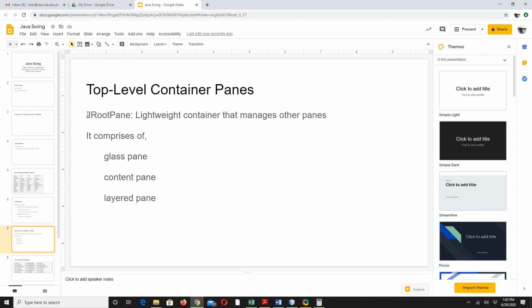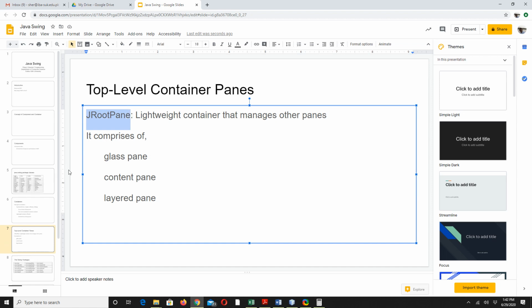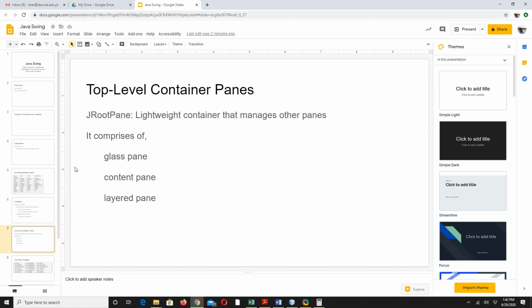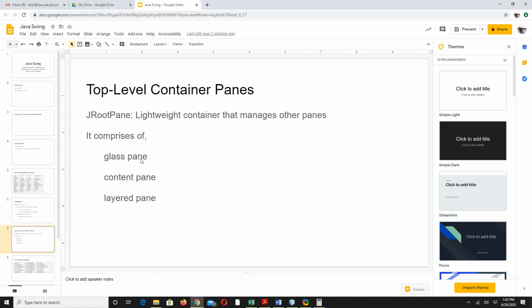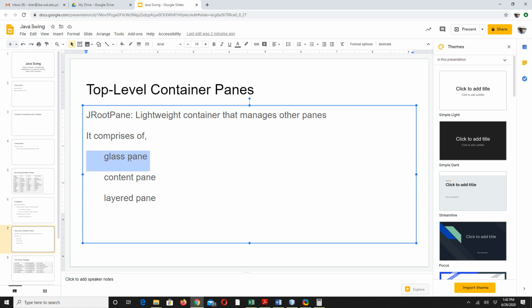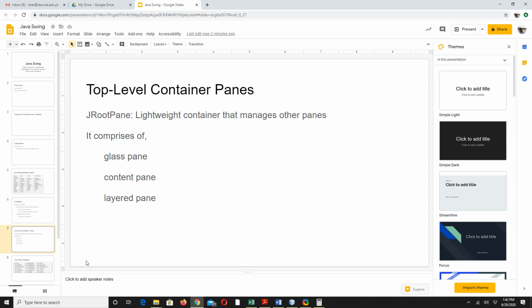All other panes are actually part of the root pane. One of them is the glass pane, another is the content pane, another one is the layered pane. Usually you will add all the components in the content pane, and things related to the menu bar are related to the layered pane. So you can consider these different areas of a container, right?